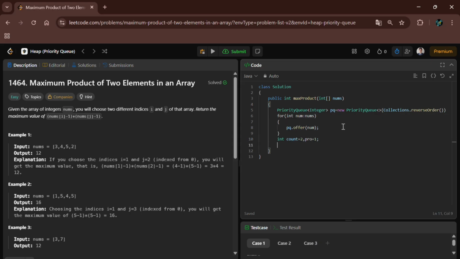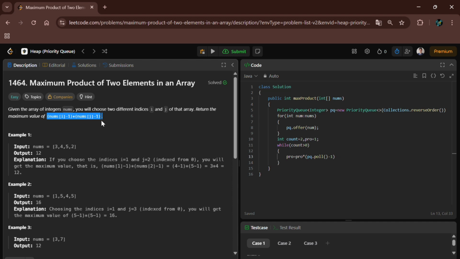Okay, now we will use here a while loop. While count is greater than 0, then we have to take the product of that number. So product equal to product star pq dot poll minus 1,